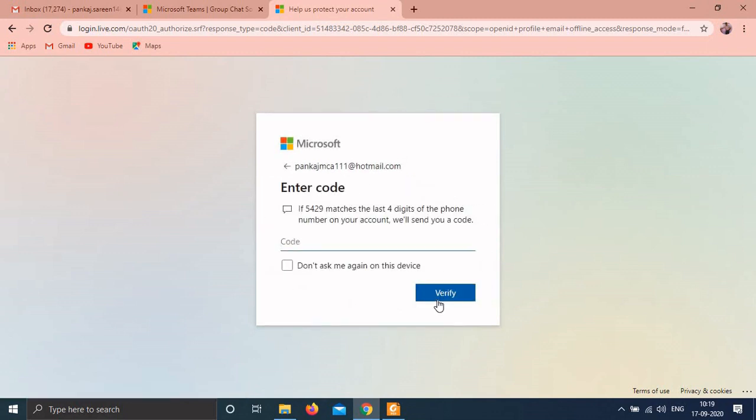As I have two-way security enabled on my account, just wait, and then click on verify. If you have enabled two-way security, then you will get this option, otherwise you will not get this option. So just wait for Microsoft Teams.